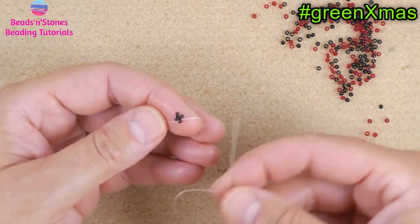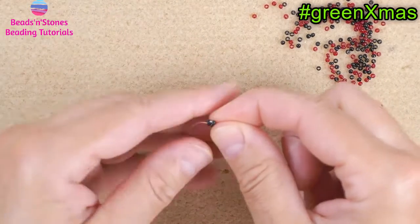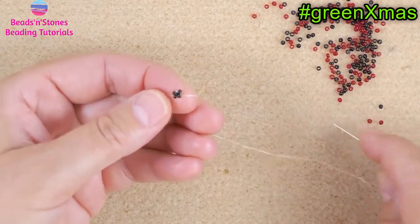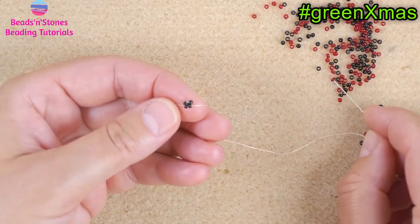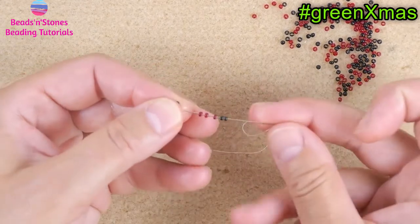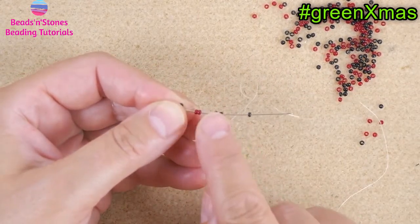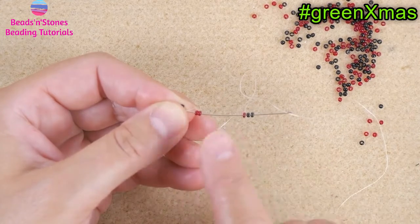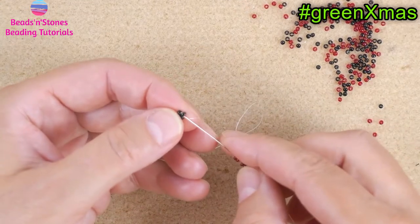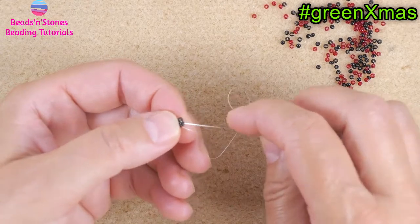I move the thread out of one of the seed beads, and we pick up 2 seed beads of 1 color, and 3 of the other color. The color that you use for 2 beads will be inside the helix. The one will swirl outside the rope. And then we position our